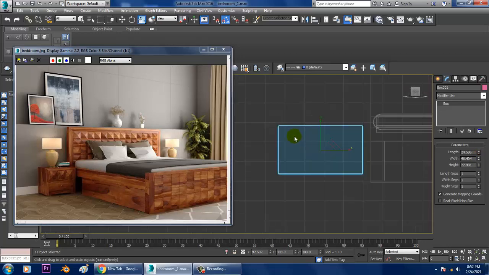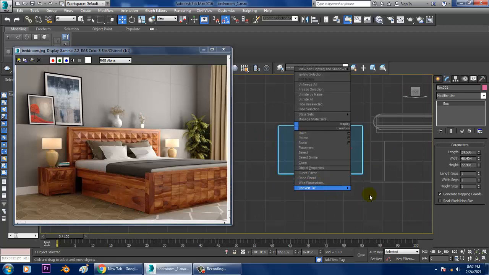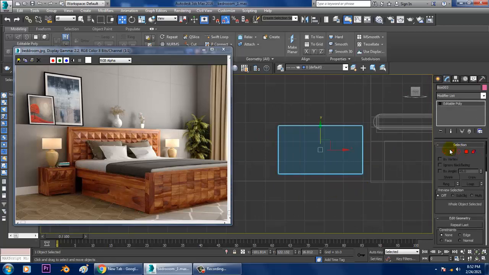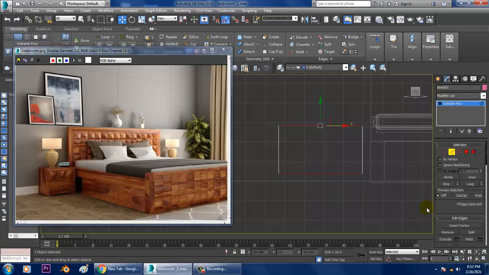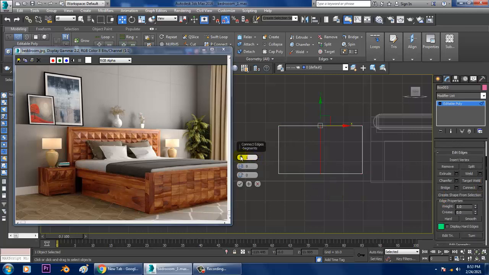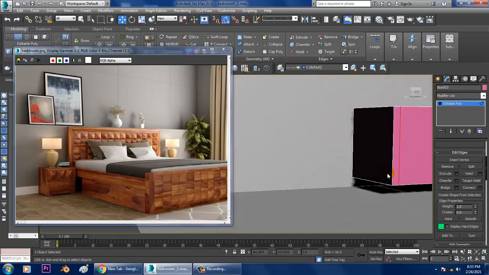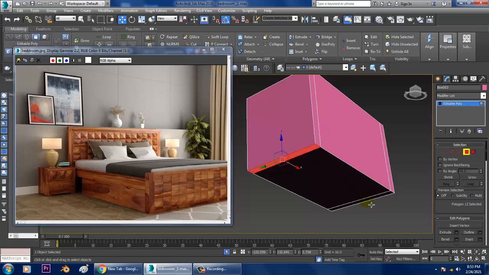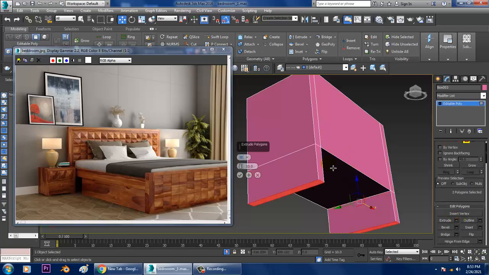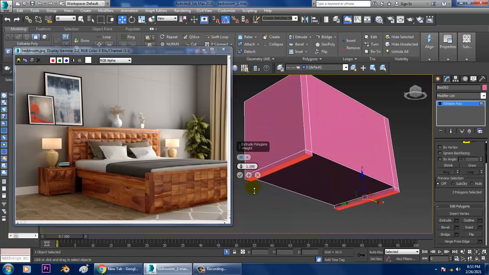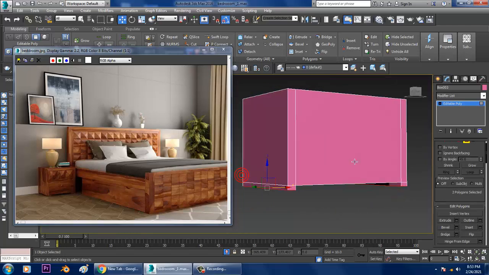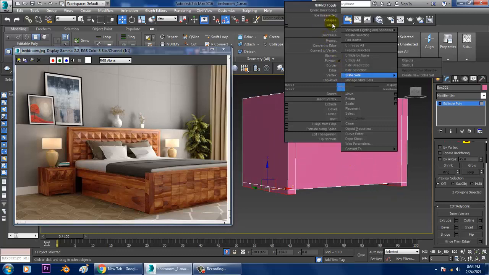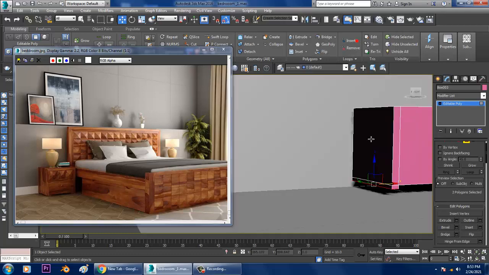So let's just convert to editable poly and select these edges and let's give two connects, slightly push it over here, click OK. Isolate this by pressing Alt Q, select the polygons and slightly extrude it a bit down, click OK and isolate this stuff.